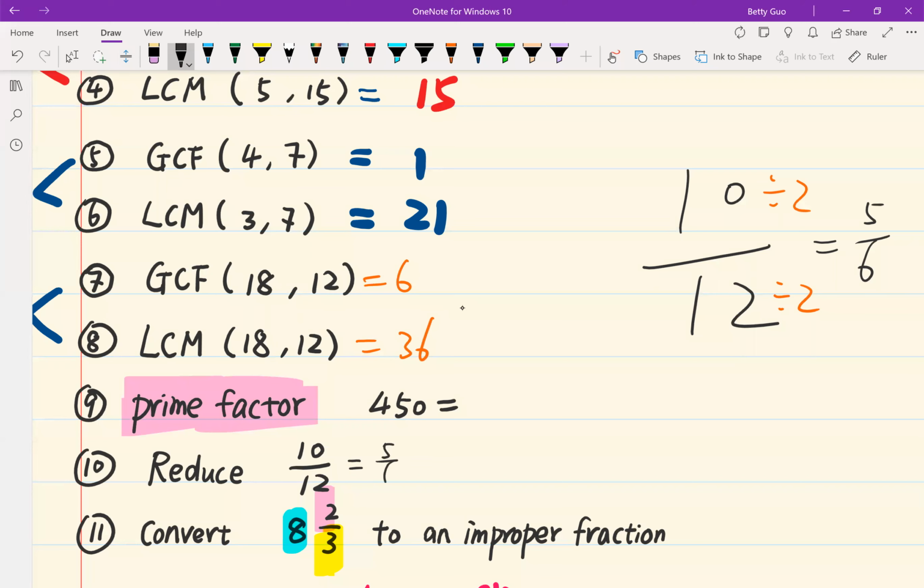Is 5 over 6 reduced? Yes, because 5 and 6 are mutually prime. We talked about this before. If the numerator and the denominator